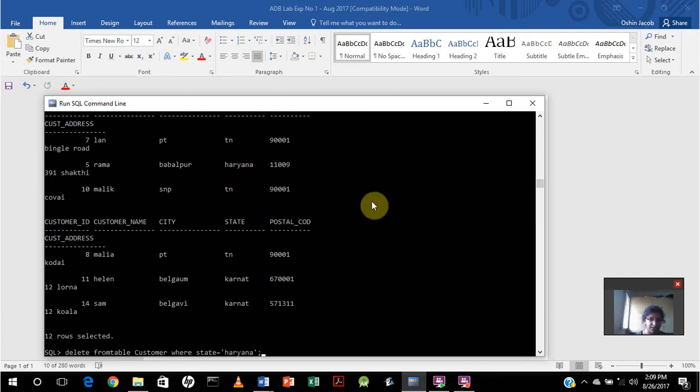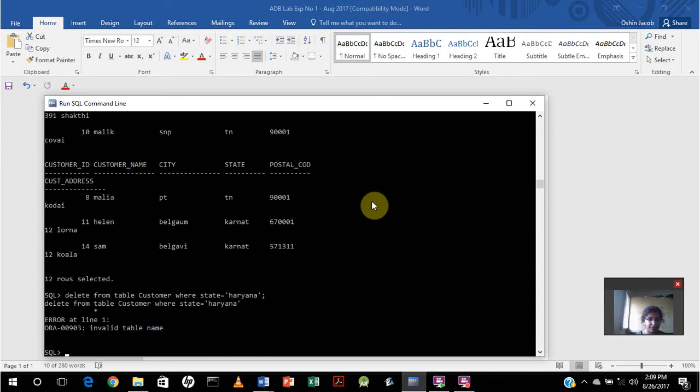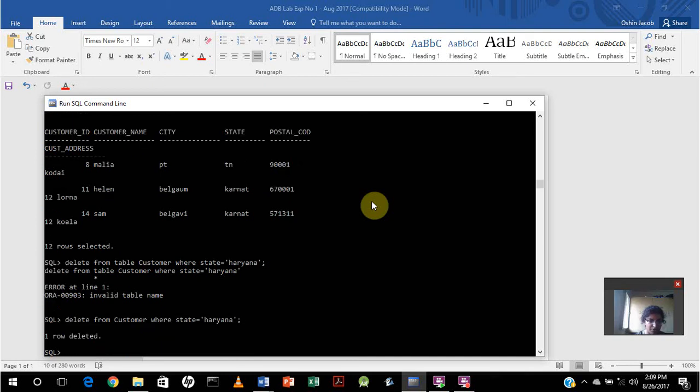Now I'll delete from table customer where state equals Haryana. From customer, one row deleted. So the error there was I put table. It is delete from customer, delete from table name. And the next question